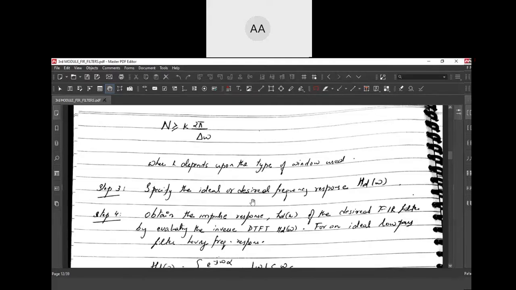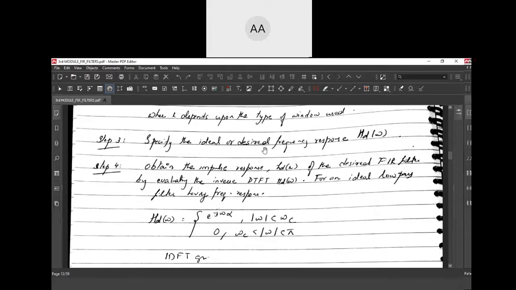Next, you specify the ideal or desired frequency response. Here, you will obtain the impulse response of the FIR filter by taking the inverse transform of this HD of omega. In your question, they will mention this HD of omega.